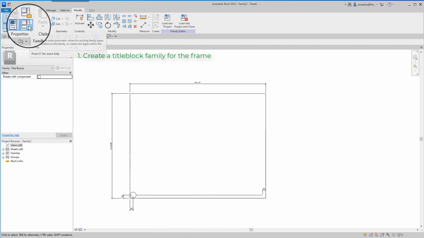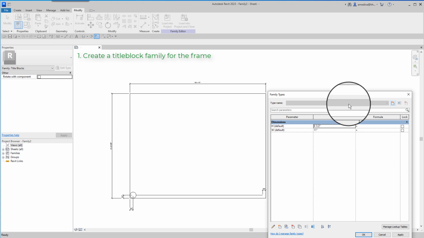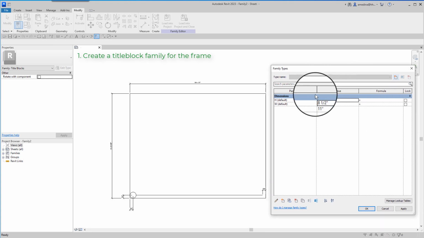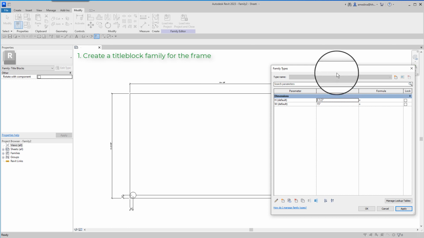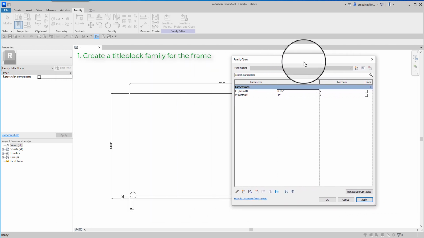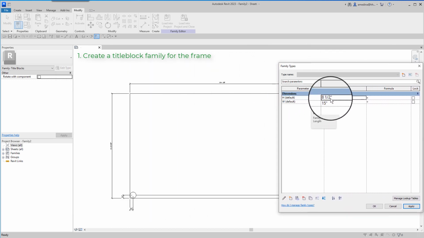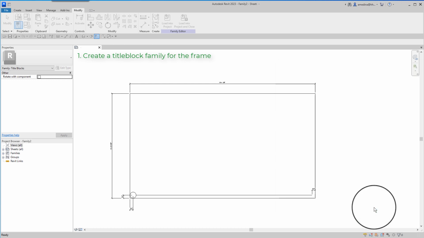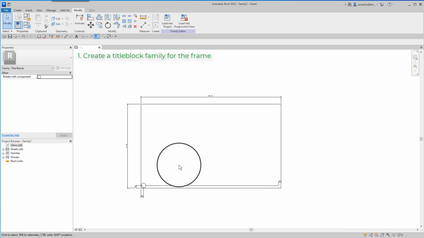So I go to family types, and let's suppose that the width is 15 inches. Apply. Yes, that works. And let's say the height is 9 inches. Click OK. Yes, it works.